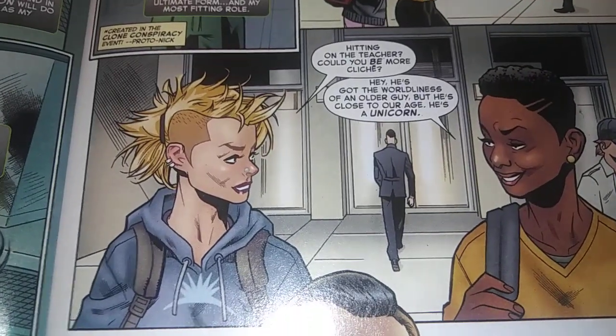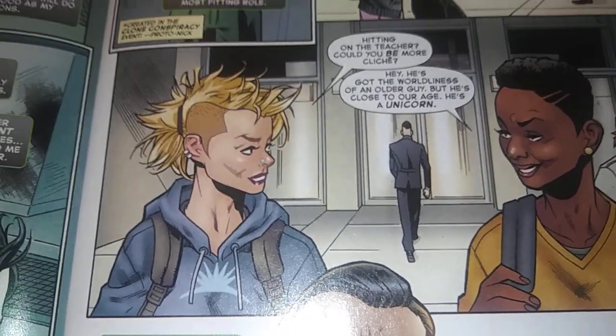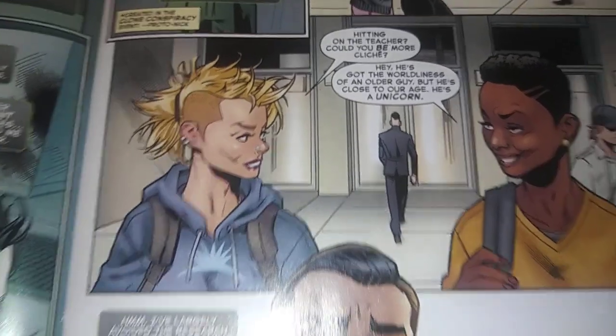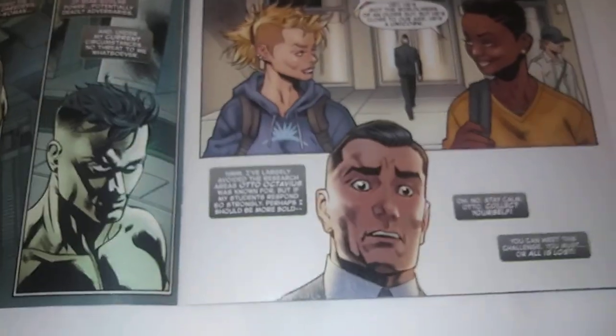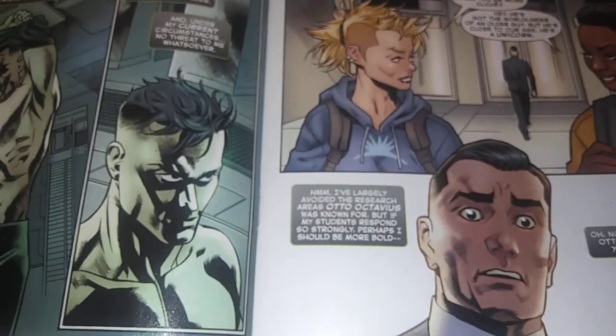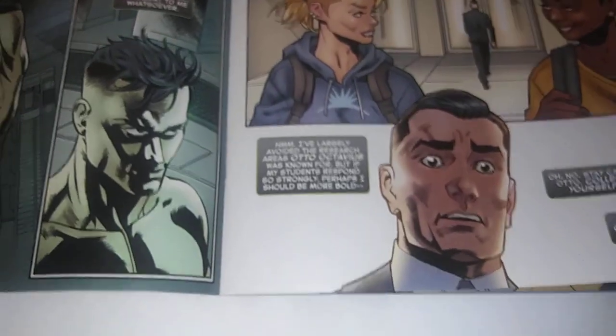One of the girls calls out her friend. "Hitting on the teacher? Could you be more cliche?" "Hey, he's got the worldliness of an older guy, but he's close to our age. He's a unicorn." And he does talk about how he's been trying to stay away from areas of research that